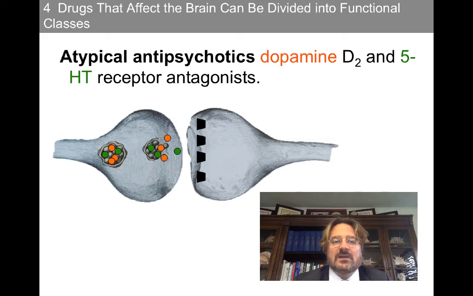If you take atypical antipsychotic medications, the medication antagonizes not just dopamine 2 receptors, but also serotonin receptors. So as a result, serotonin and dopamine are not having any activation on these receptors, and the net effect is diminished dopamine activity,